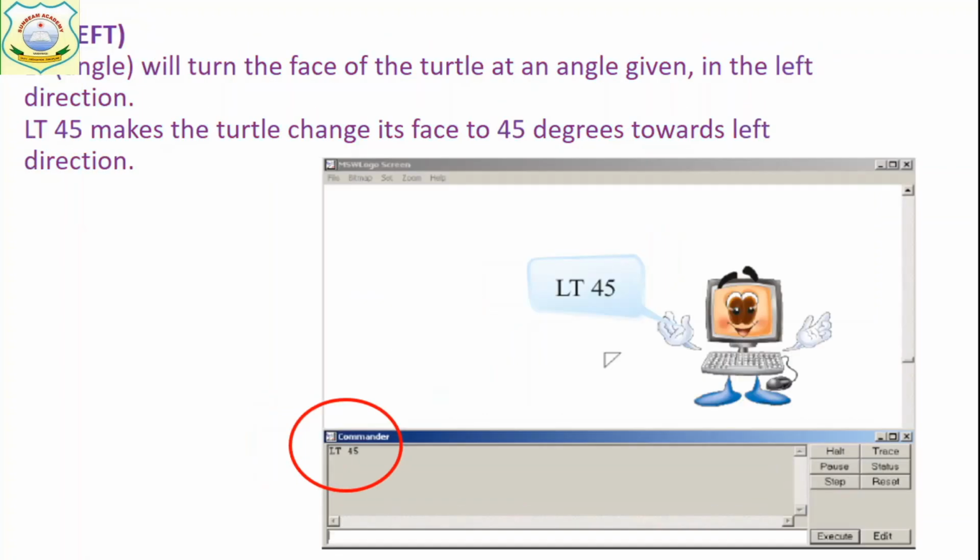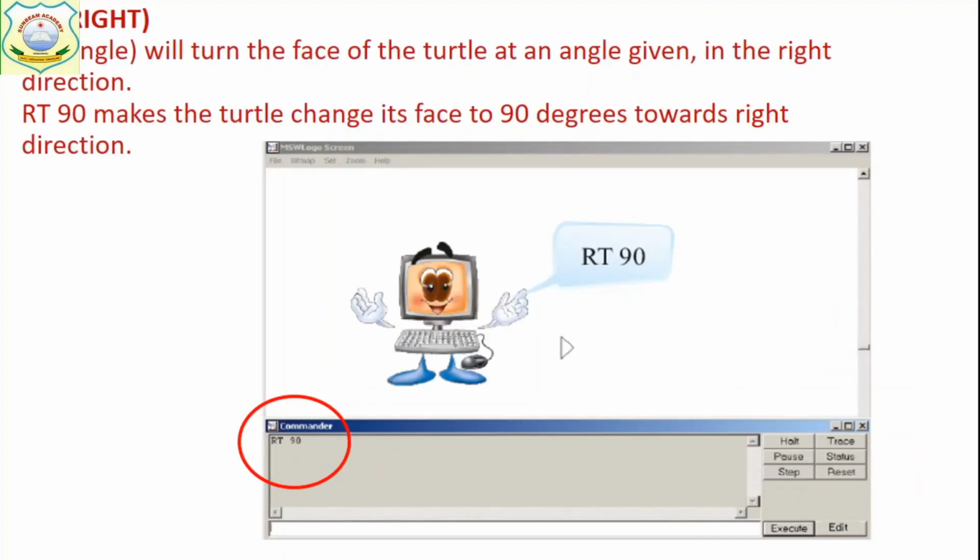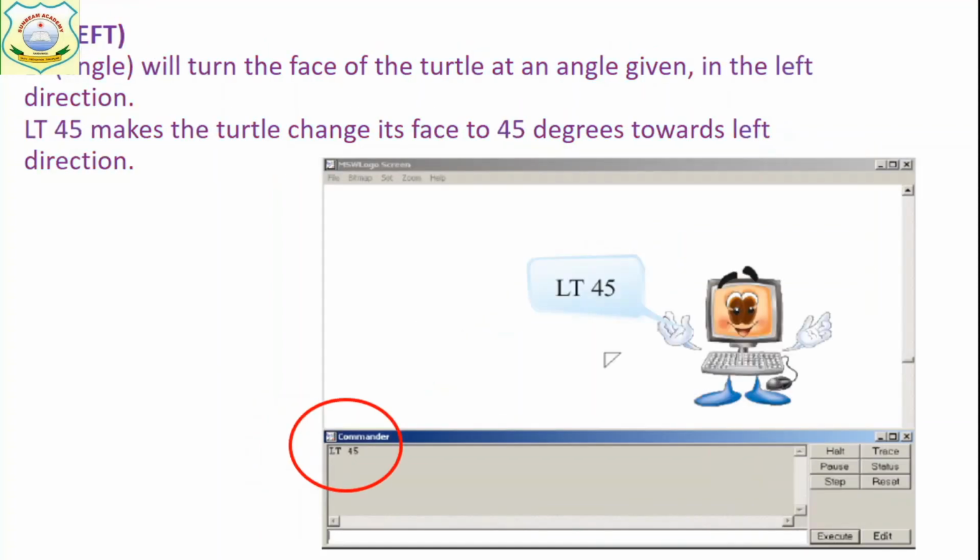See, here it is written 45, the angle is different, but just compare it. Okay. RT 90 will turn the turtle 90 degrees towards the right direction. Got it? And LT 45 turns the turtle 45 degrees towards the left direction.